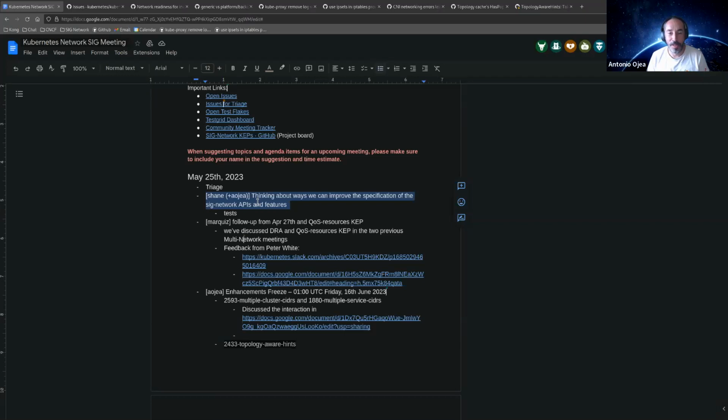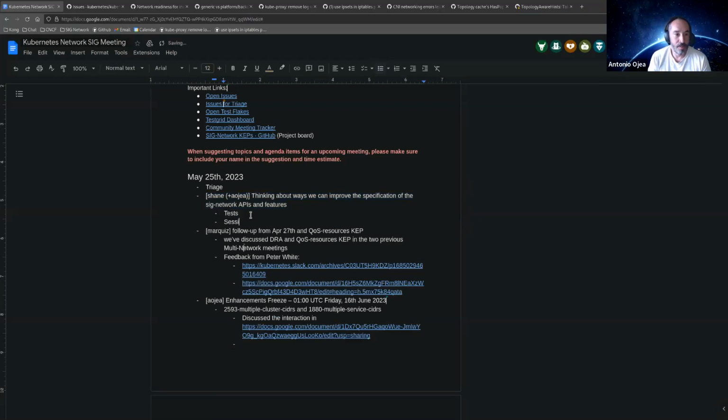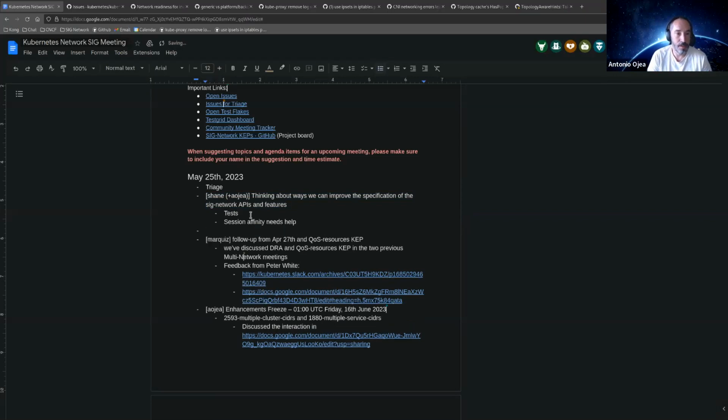Session affinity. Describe session affinity, how it has to work. Describe services. There are a lot of issues with 100 comments that are unfinished, because we move on and nobody follows on there. But I was talking with Tim a week ago, and session affinity is clearly under-specified. So things like that. Just pick one of the APIs that you know is not well documented and go deep on that and document it and test it and verify it.